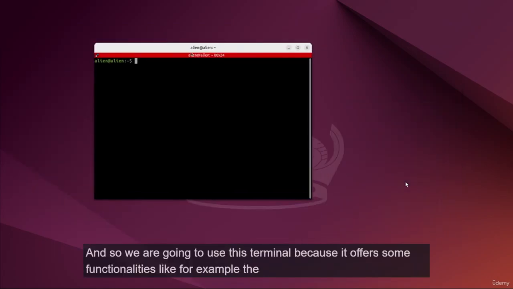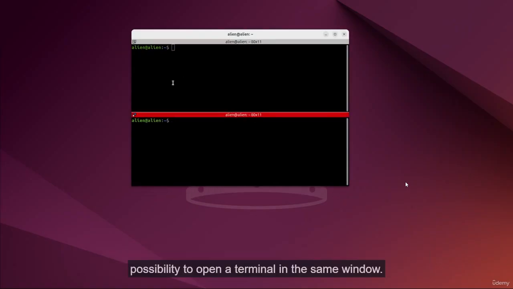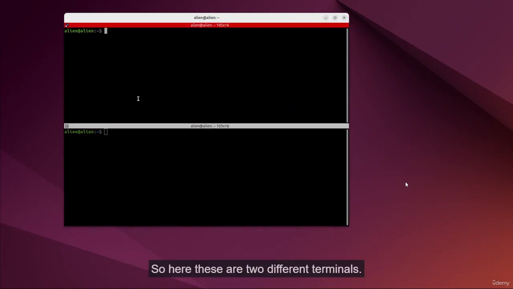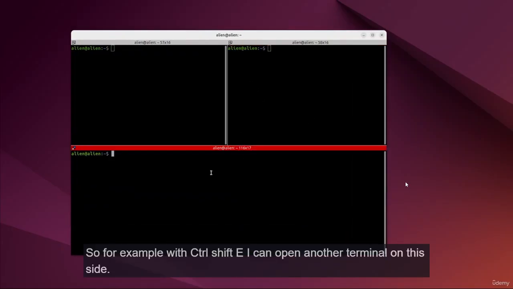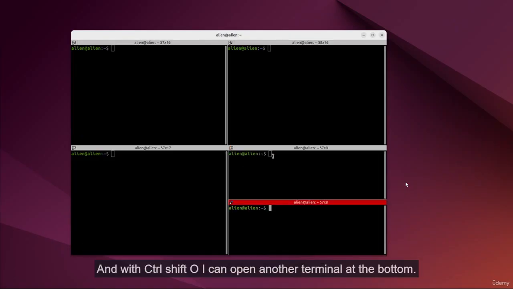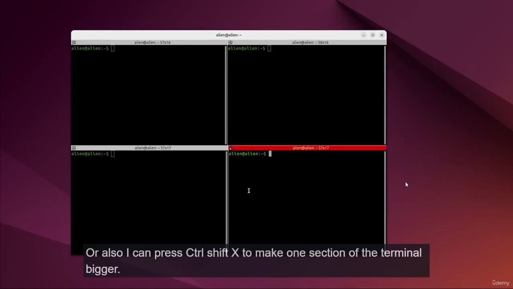Perfect. And so we are going to use this terminal because it offers some functionalities, like for example, the possibility to open terminal in the same window. So here, these are two different terminals, and I can also open terminals as I prefer. So for example, with Ctrl-Shift-E, I can open another terminal on the side, and with Ctrl-Shift-O, I can open another terminal at the bottom. Also, I can press Ctrl-Shift-W in order to close one terminal, or also I can press